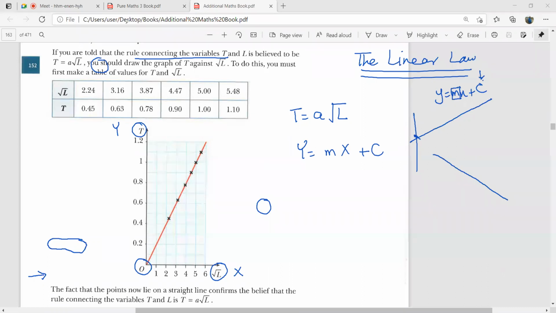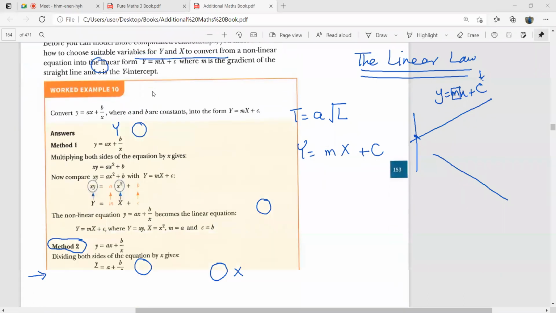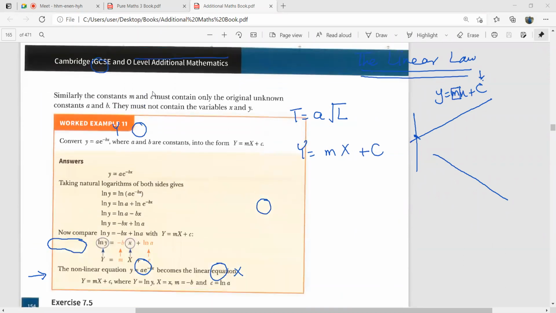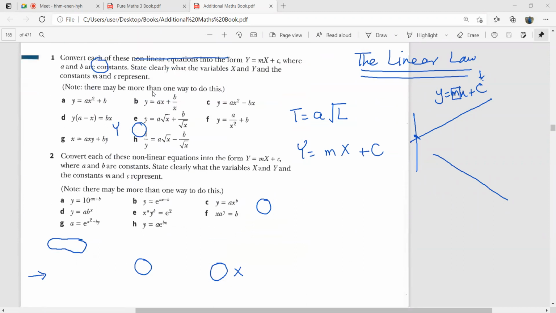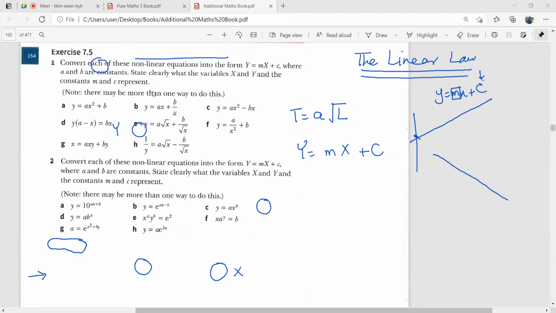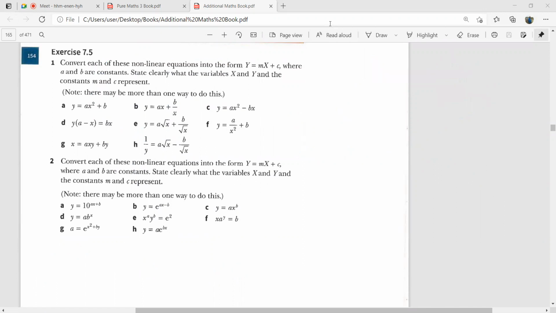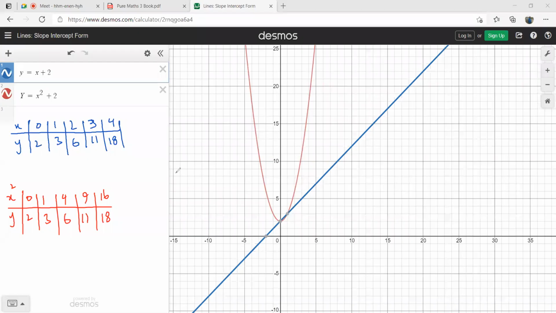Let me see if we have one more example here. I can take you to the first question of this exercise. Guys, let me give you an example from myself, first of all. Just give me 1 second. Okay, guys, here I am. I have drawn my own example here.